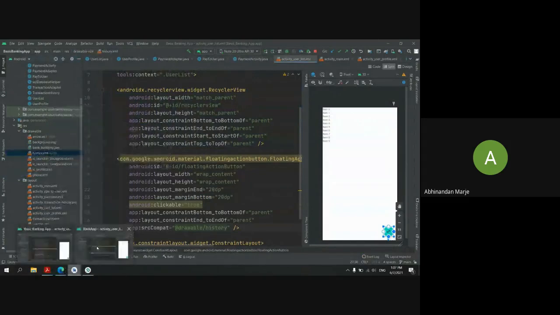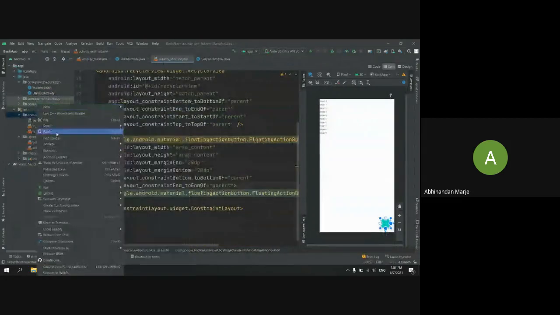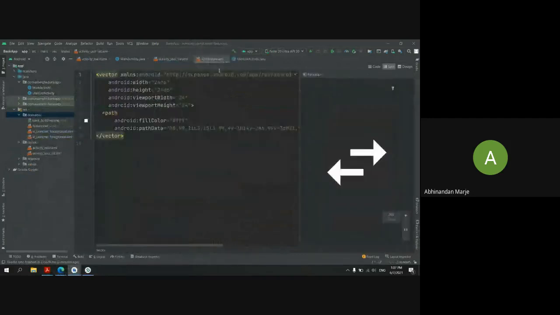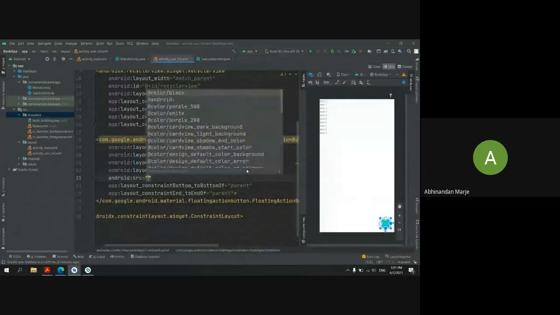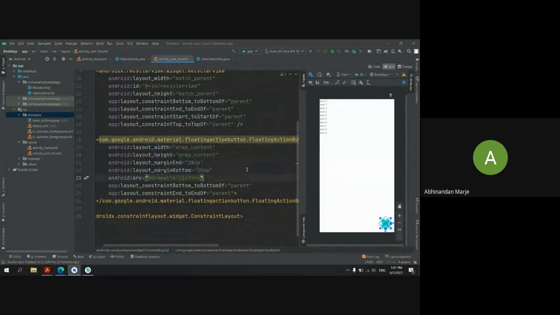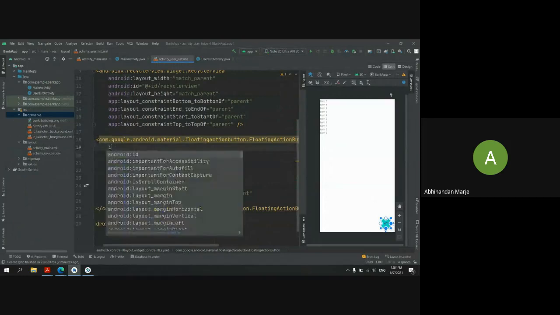You can select any vector asset from the Android Studio file. See, I added the source to my button, and I will give it an ID.